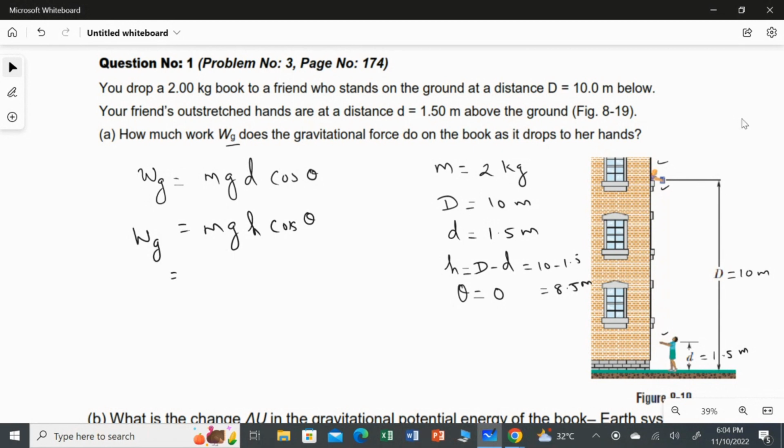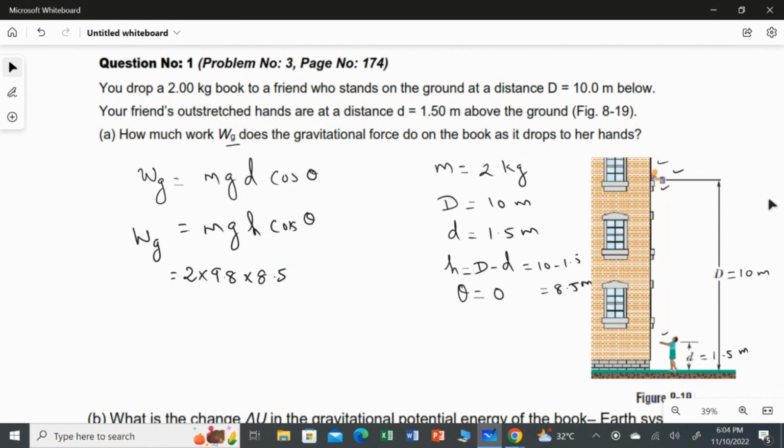The mass of the book is 2 kilogram, and the acceleration due to gravity value is 9.8. And from this point, which point? The one who is exactly on the balcony, am I right? So from this point to where the person has outstretched her hand, this distance is exactly h, am I right? So from this point to the hand, exactly h. So 9.8 multiplied by the h value, 8.5,